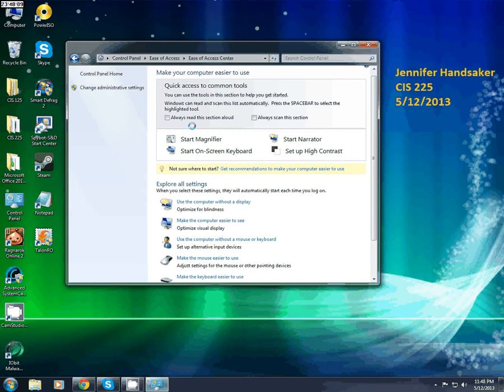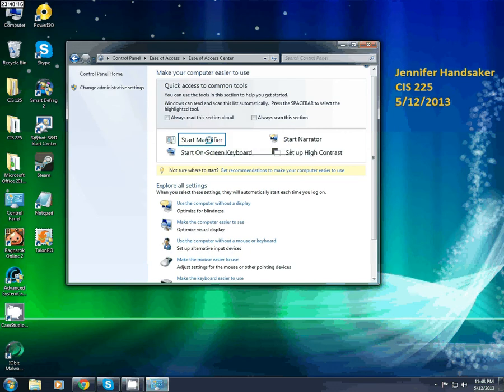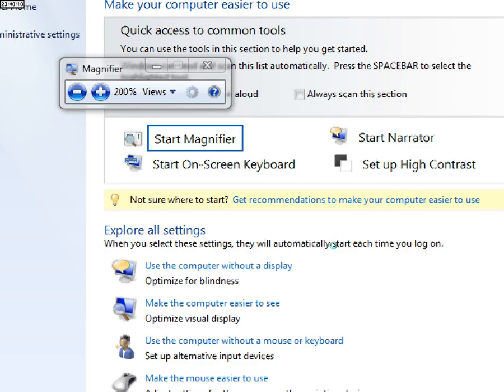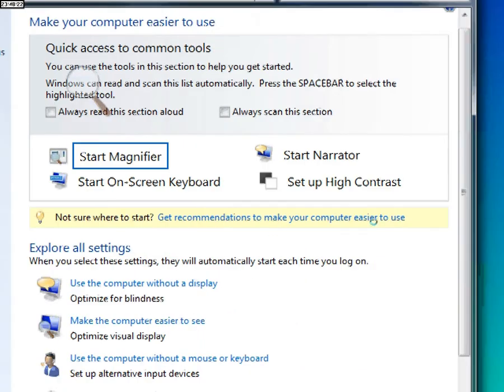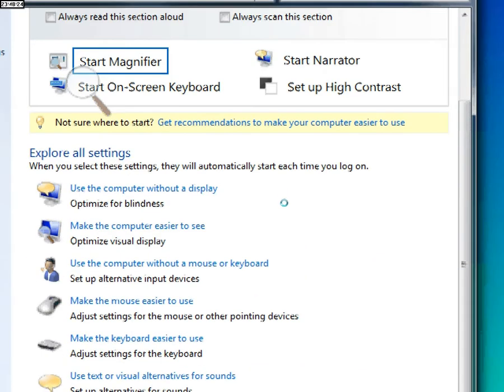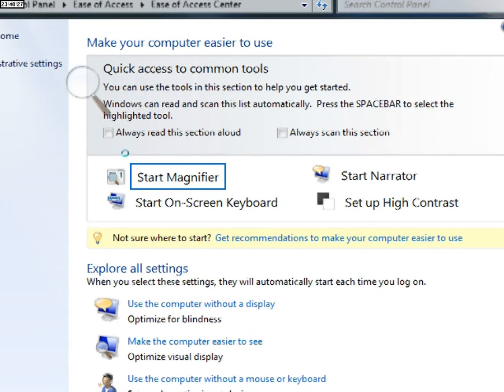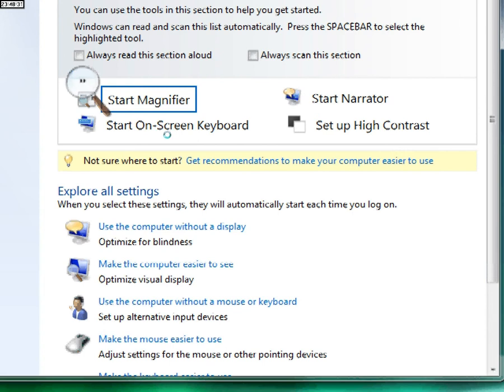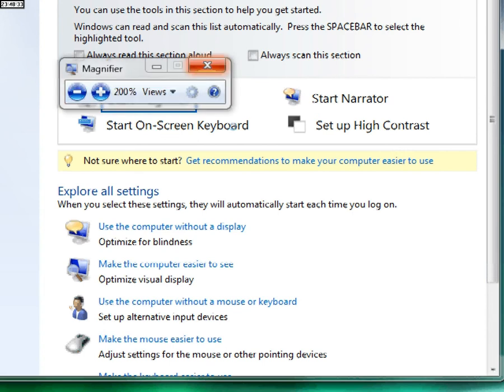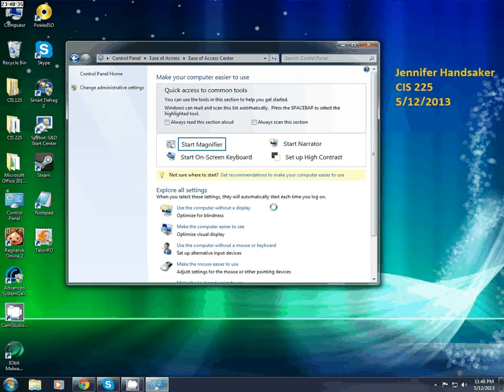The only four that I'm going to talk about is the magnifier. It is like using a magnifying glass for a book. Very useful for people who have a hard time seeing, lost their glasses, whatever happens. Magnifiers can help you out with that. Once you're done using it, you click on the magnifying glass, click on the X, and it takes it back to the original screen. The Start on Screen keyboard